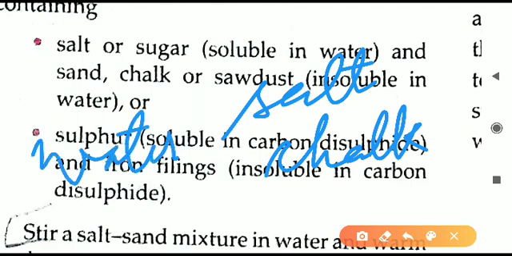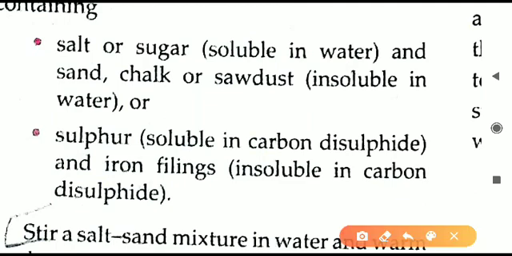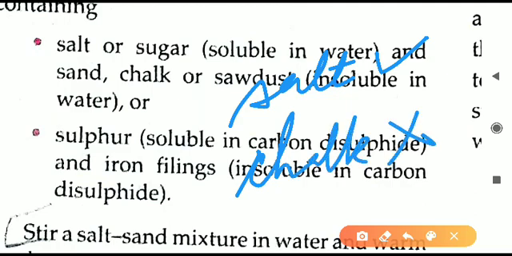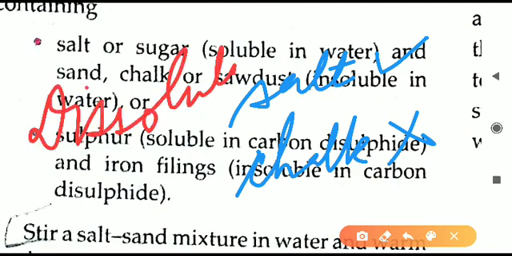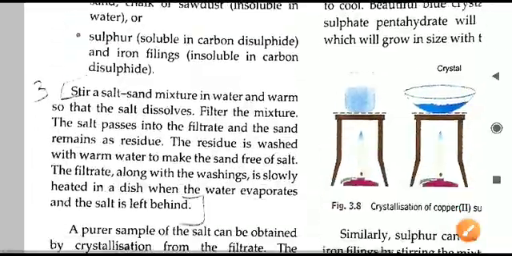On dissolving, this salt and chalk mixture in water, what will happen now? Only one thing will be dissolved in water. Salt will dissolve in water, but chalk will not dissolve in water. It will keep on floating upwards. So one thing has dissolved in water. जो चीज़ dissolve हो गई है, that substance we will say yes, dissolution has taken place. What has taken place is dissolution of salt. So this is the first step of this particular physical process, dissolution. One substance has dissolved easily. After that, what can we do? We can separate them using evaporation now. So let us see here.